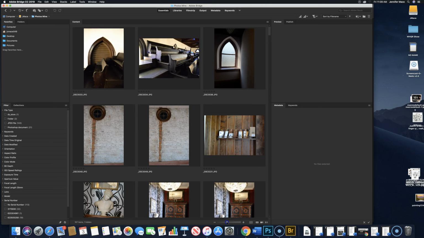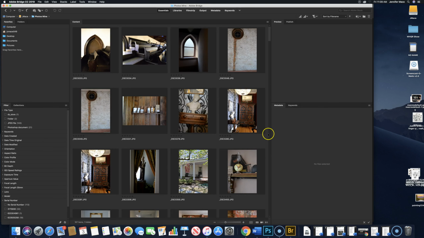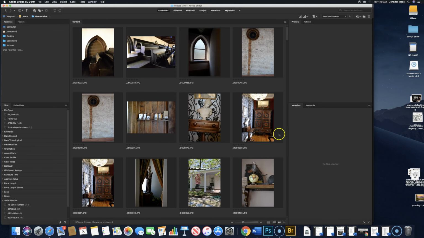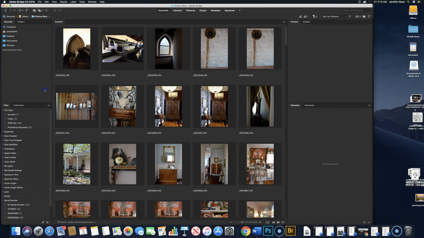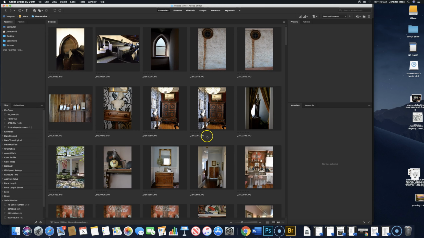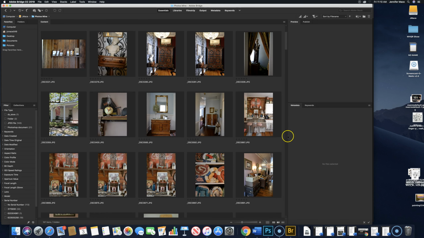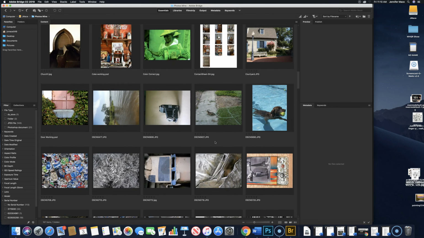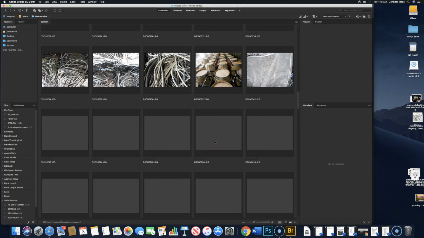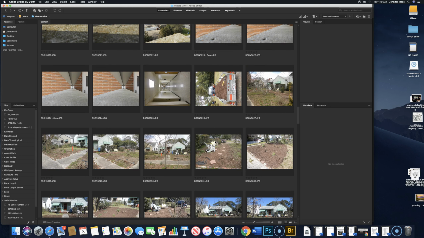My eyes are getting worse and worse. You can also manipulate how big, there we go. All of these can be adjusted, how big you want them, or less of that, more images. And then you can get a really nice look at what you think your best images are for whichever assignment we're doing. The first assignment is the scavenger hunt,